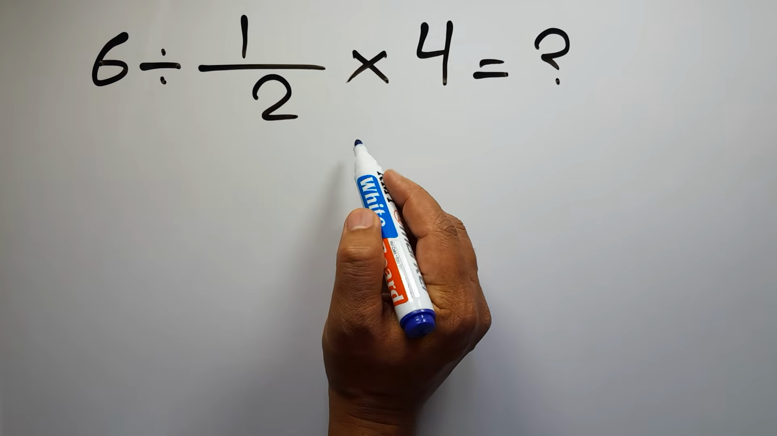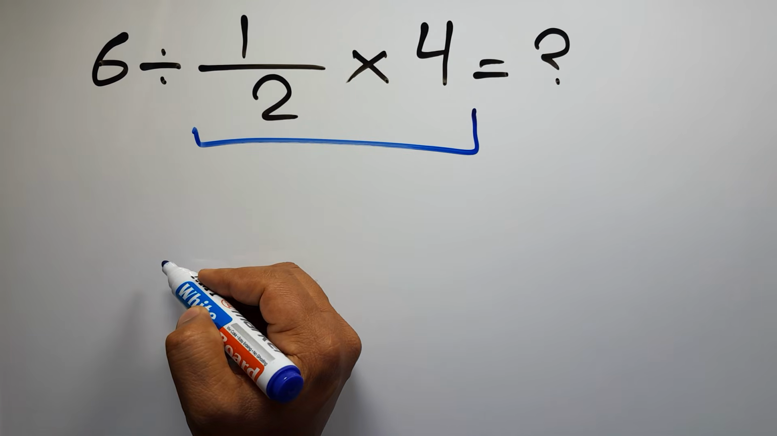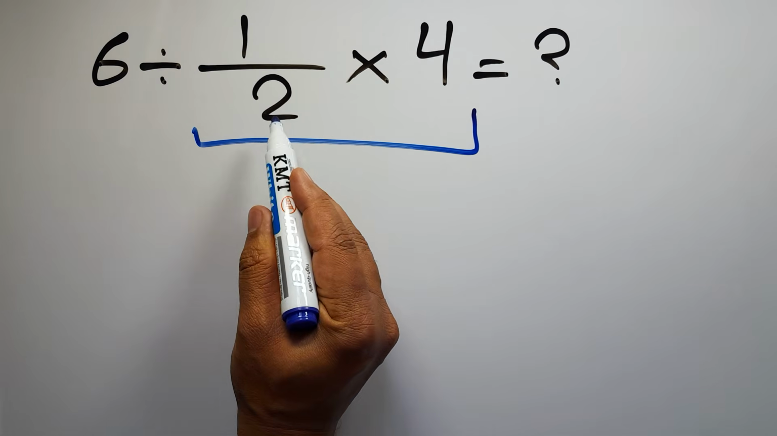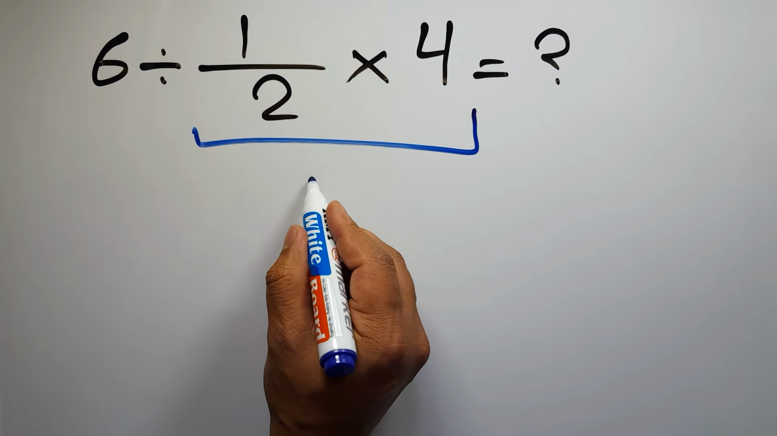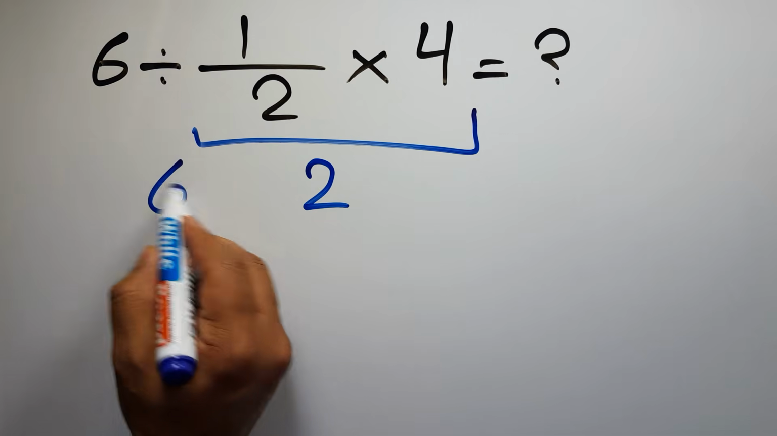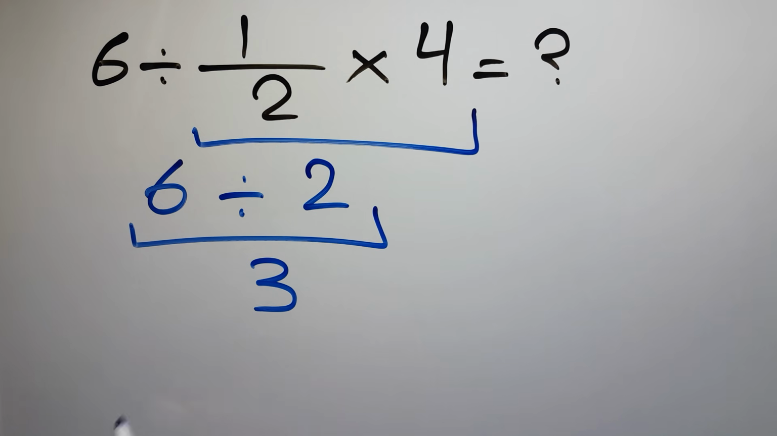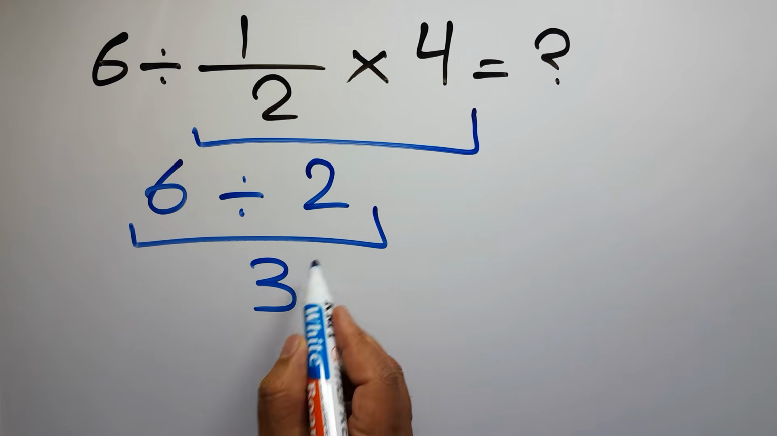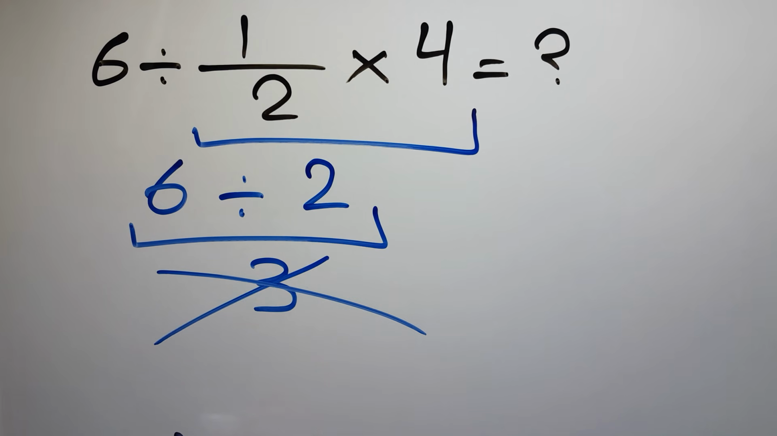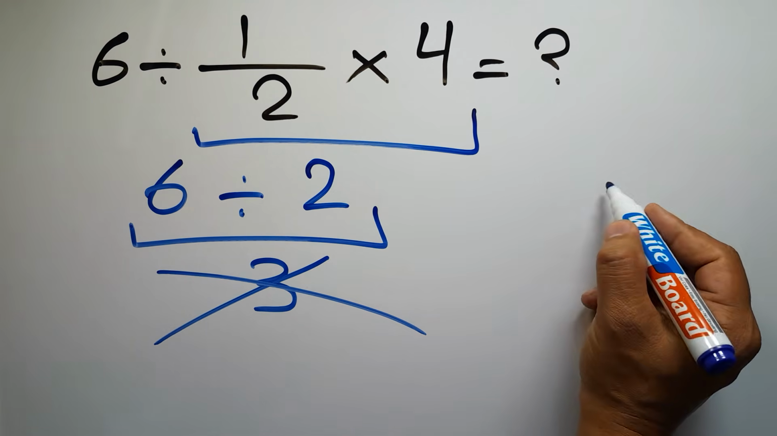First, we do this multiplication. 1 over 2 times 4 is the same as 4 divided by 2, which equals 2. So we have 6 divided by 2 equals 3. But this answer is not correct because according to the order of operations, multiplication and division have equal